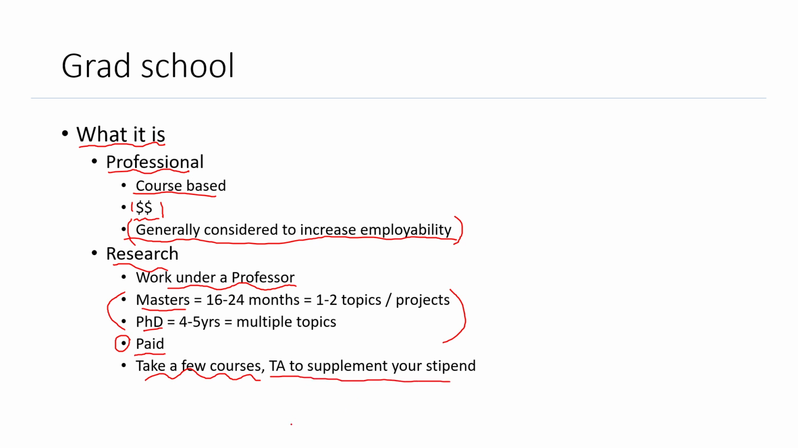And so in a professional, your lifestyle is more courses, whereas in research, you're doing the actual research with your professor, you're taking some courses, and you're TAing. And so depending on what's interesting to you, you should pursue, you could look into both, seeing which might fit your lifestyle a bit better